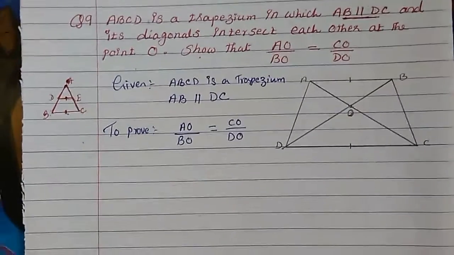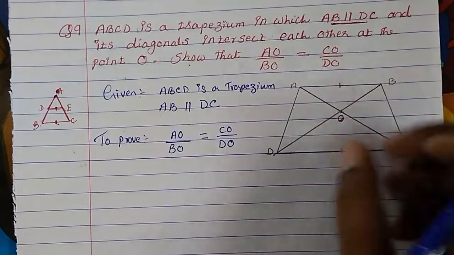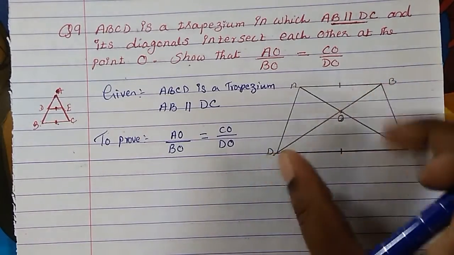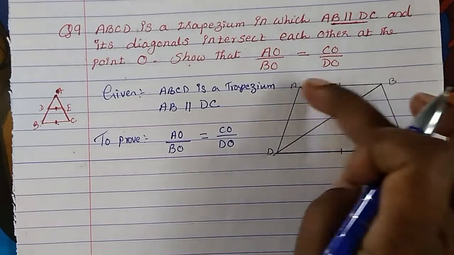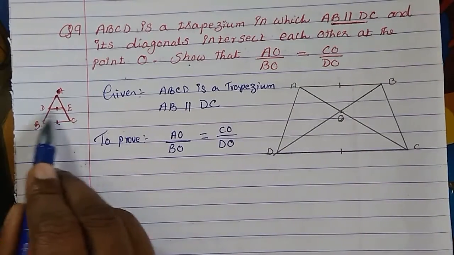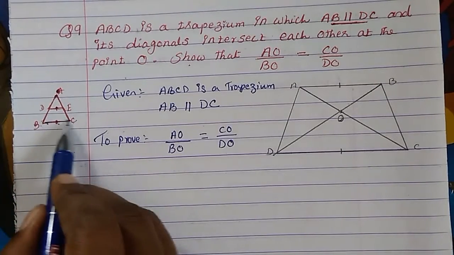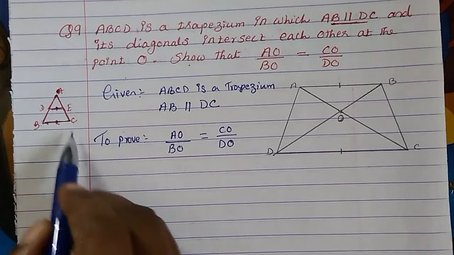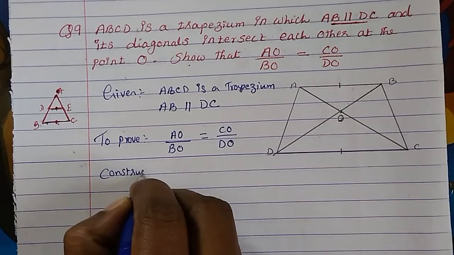For that we have to do a construction here, because to prove that, for example, if you take this diagonal BD, then we don't have anywhere a parallel line for this. If you take this diagonal, we don't have anything parallel. So what we have to do? First we have to construct, because we need a parallel line. If you take any triangle, for one side of the triangle, you need one parallel line, then only we can prove the ratios. So we need a parallel line, therefore we will construct.